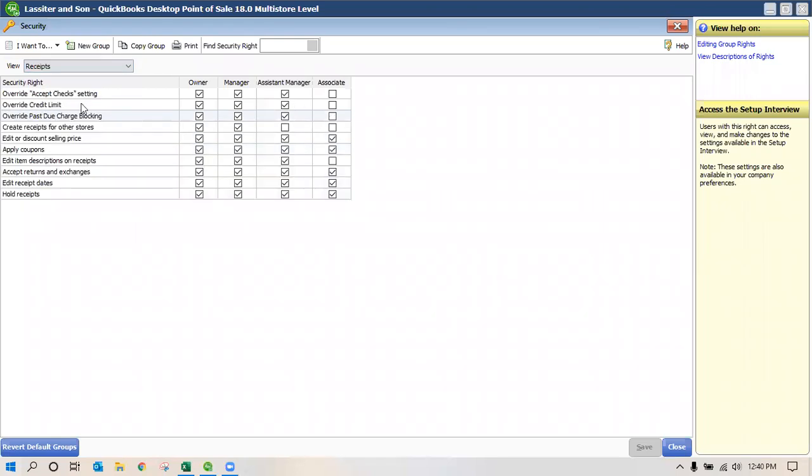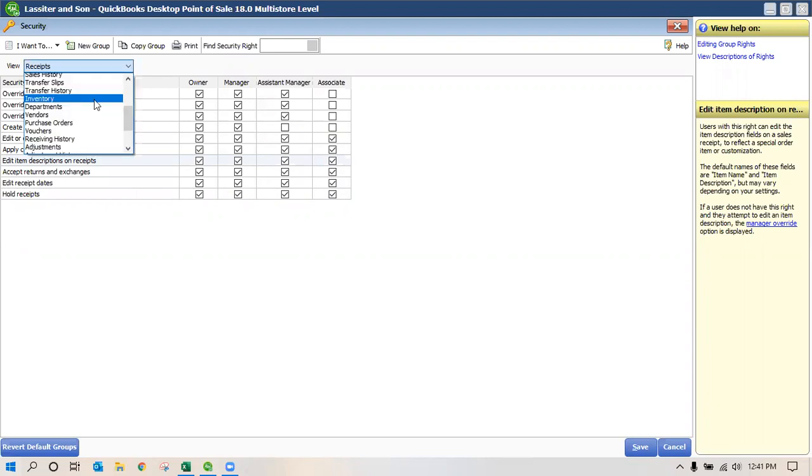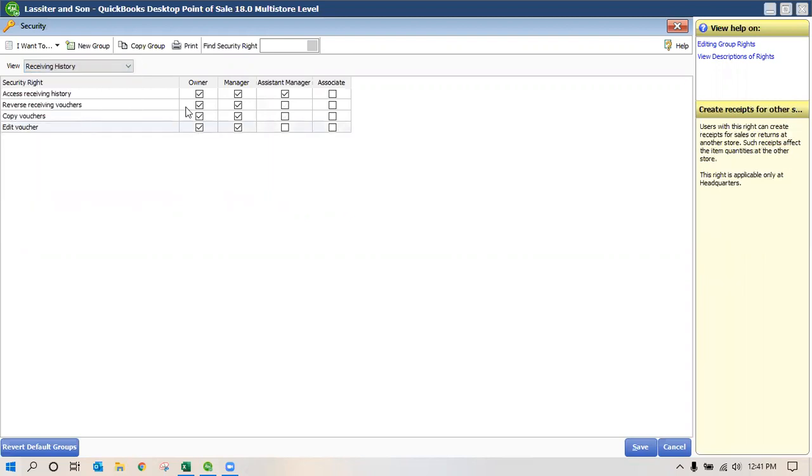So receipts, for example, this one: edit item description on receipts. It allows the associate to change on the receipt what the item is. You can kind of go through these and see all the different things that you would want or not want your employees to do. What you can also do, save that and go back in,